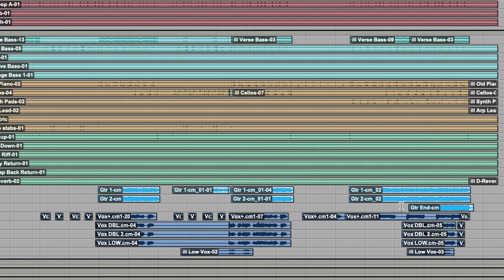Right. This is the payoff. This is the biggest climax of the song. This is the most important section of the song. And what works is to do this first, because if you can get this section of the song sounding good, if I were to loop this section, or even when the big guitars come in here,